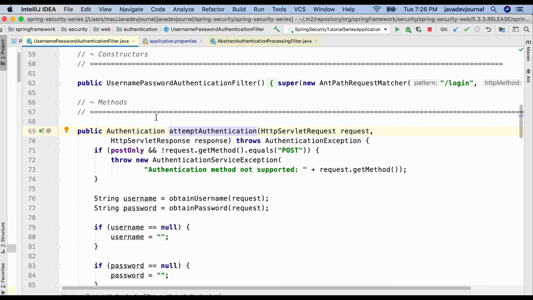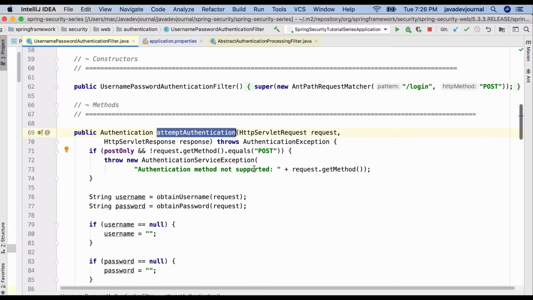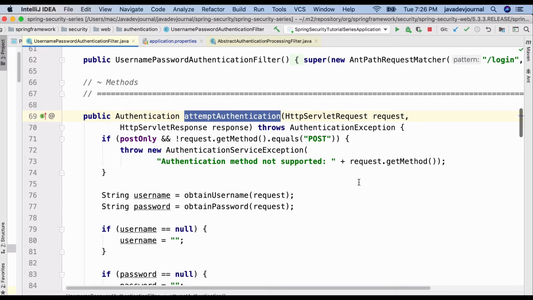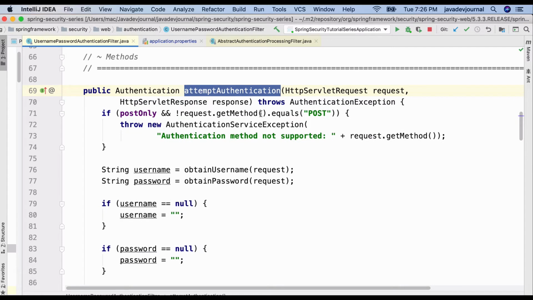The reason for that is, you see the attemptAuthentication method, and let me increase the size. This authentication has three things in short: the form type should be post, the username field name should be username, and the password field should be password. Those were the three requirements, right? That's what I highlighted there.